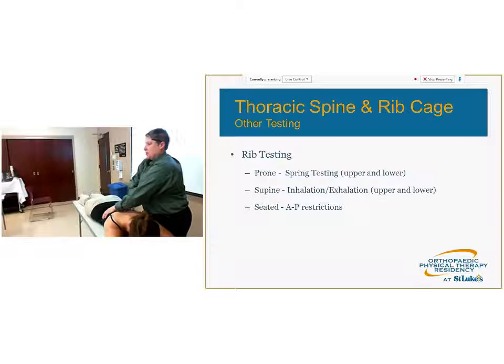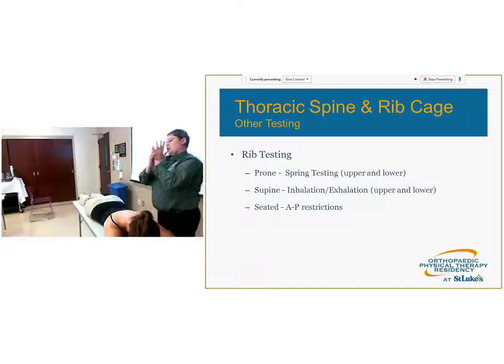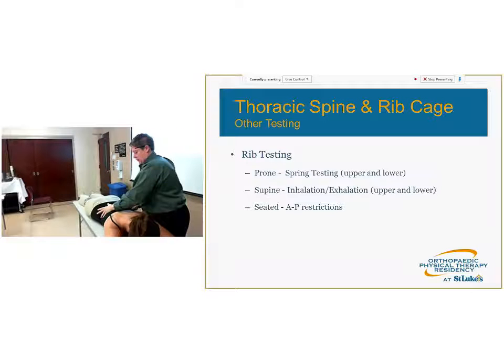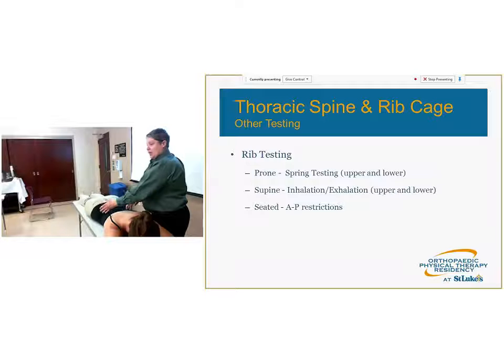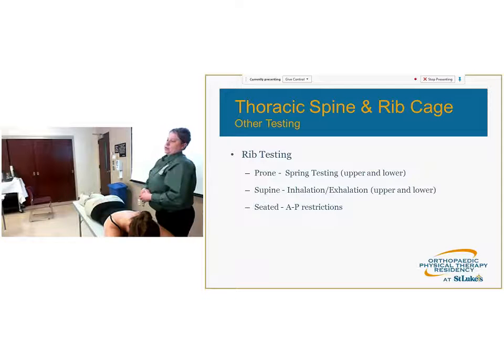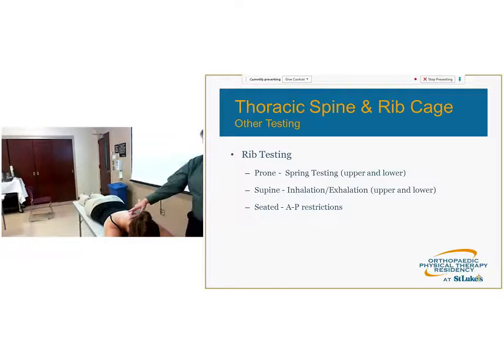Once you get your position, that is not moving, and I'm just springing, and then as I feel like I want to localize into the different ribs, you can change your hand position. So you're right on the rib here, and you can just fold over it, coming in and assessing there. So you're assessing spring. You can also take it to end range and make sure that each rib has the full excursion. If you're doing upper spring testing,